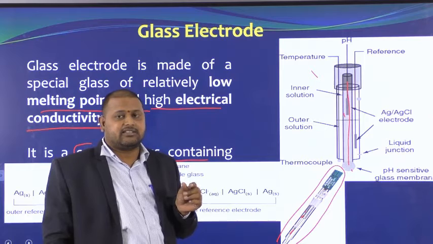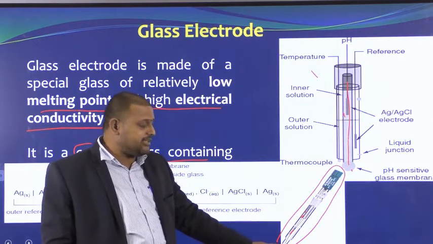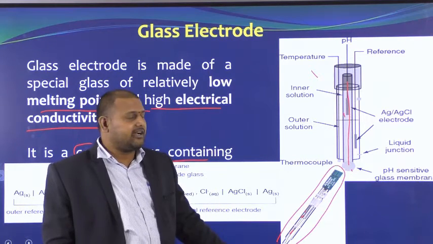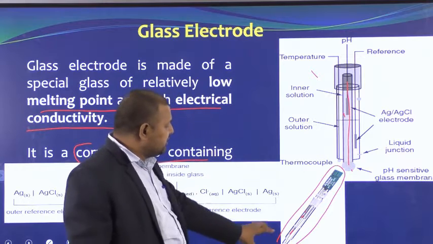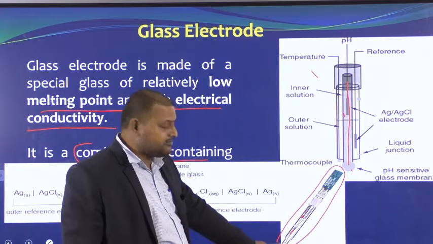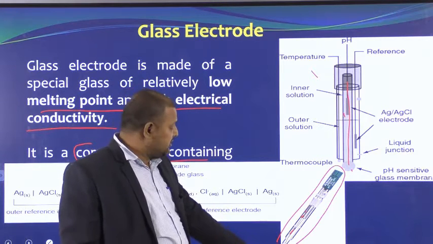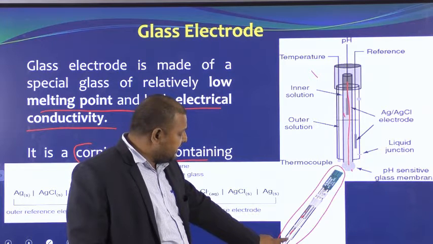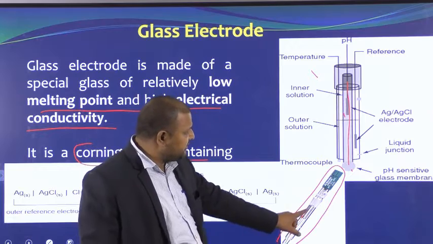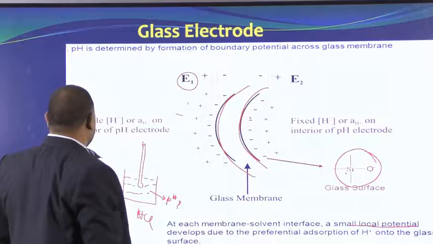The glass tube is hard resistant glass, so that even if you touch it with your hands, it is not going to break. But if you touch this tip with your bare hands and apply a little pressure, it is highly sensitive and it may be broken. So the first point I said is that this is made of a very important type of glass membrane which is pH sensitive, and this is attached to a hard glass, and inside that there is an electrode running here. Very clearly you can see the red line I have drawn here. The same thing I have written in words here.